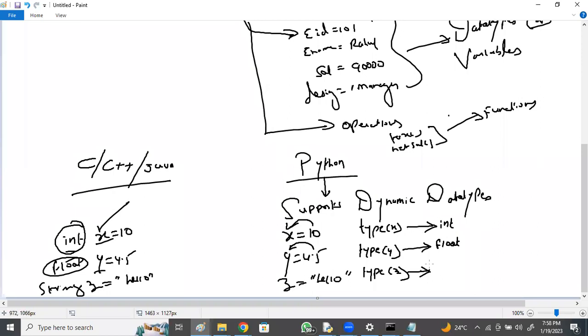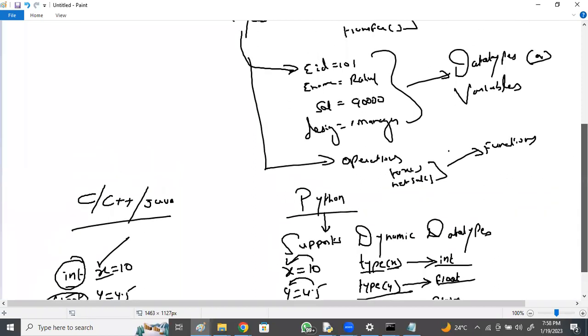Type of X is int, type of Y is float, type of Z is string type. There is a function given in Python, type, to know the type of X. What type? Integer. Why is it integer? Because you assigned an integer value. Type of Y is float because you assigned a float value. Type of Z is string type, right?